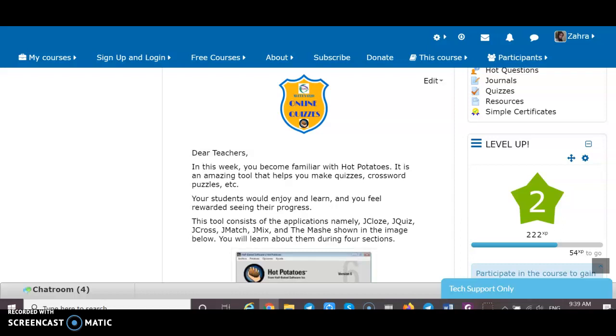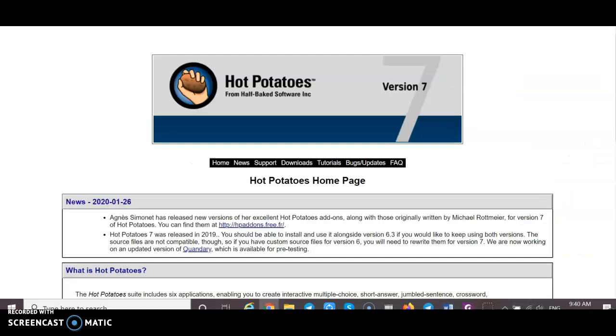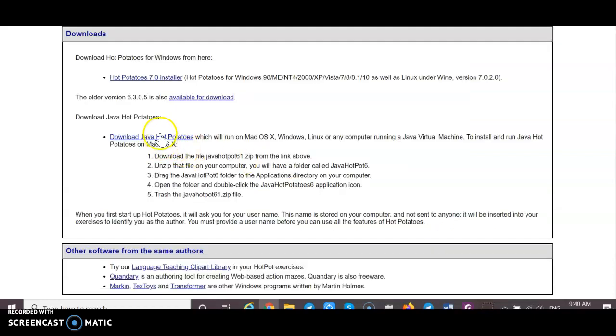In this section we become familiar with the software or application of Hot Potatoes that can help us create some quizzes, some classroom activities in any language and any subject that we teach. To use this application or software, first of all we should go to its website, tap downloads, and download the available version that we want to use,